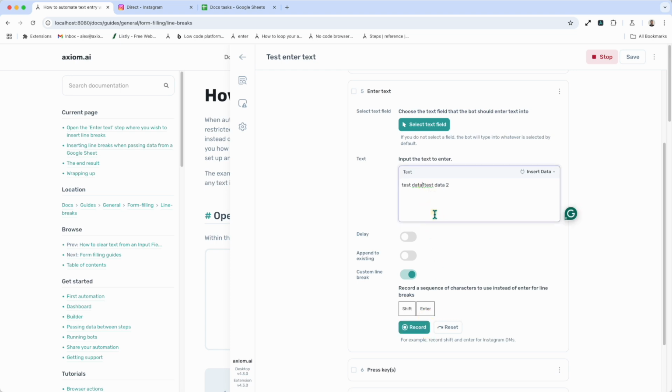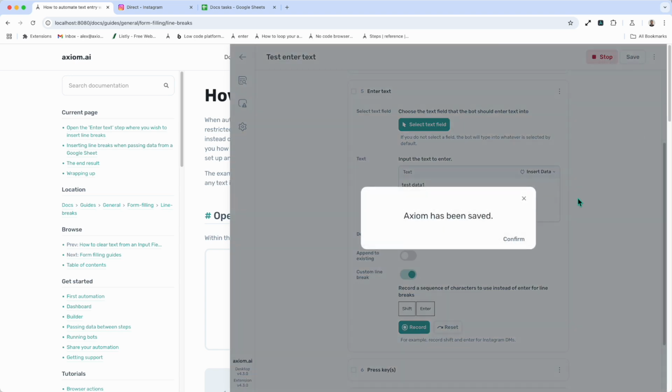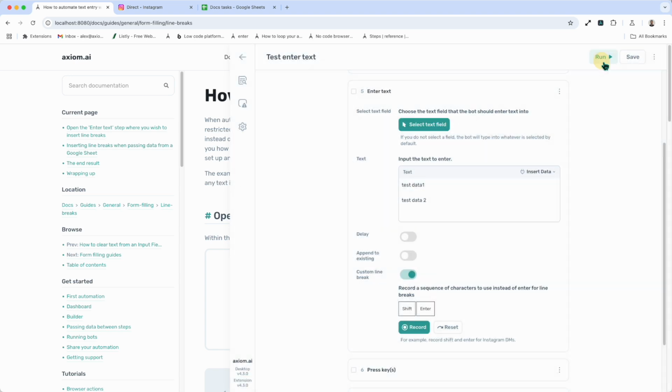You may need to try different combinations for different apps. And I'm going to insert the cursor between test data 1 and test data 2 and press shift return. In fact, I'm going to do it twice to give an extra big space. Then I'm going to click save. And what we should see, I'm just going to stop that run, let's continue. And what we should see in the next run,